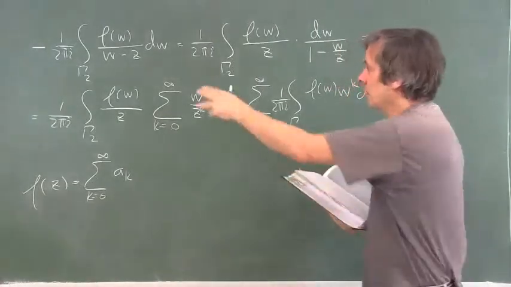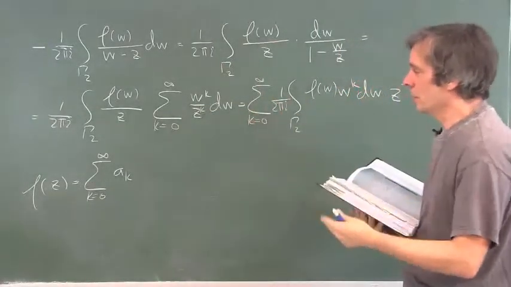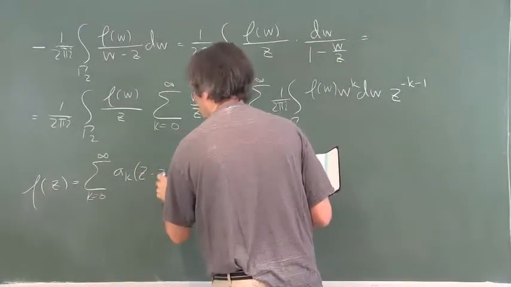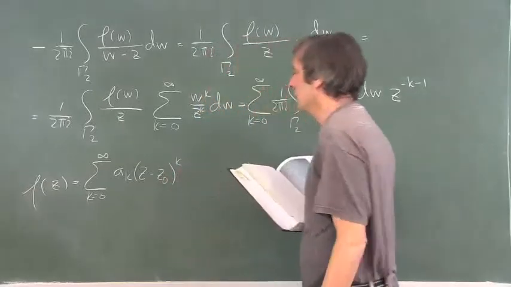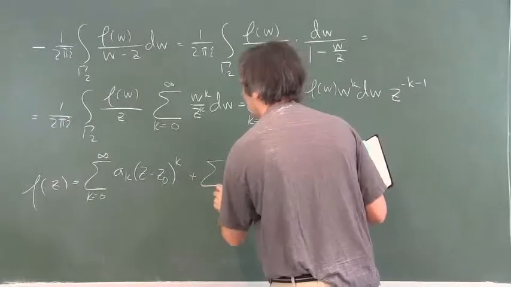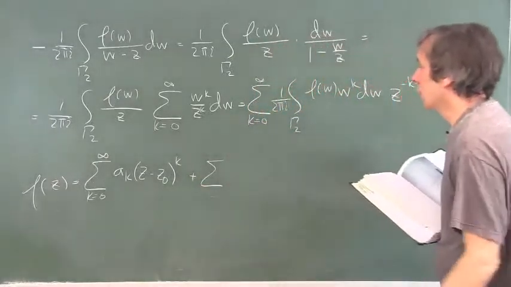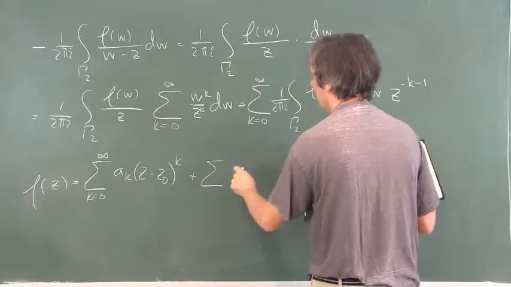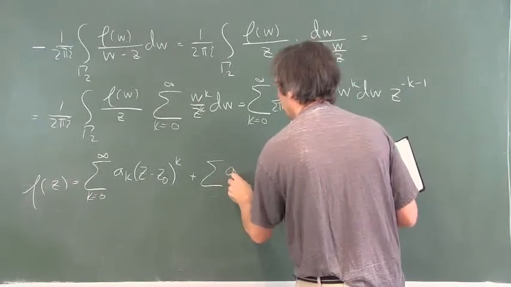So I've done the computations at the origin, but now I'll write the general formula if you expand around the point z naught. And then you get this term, so this is the power series part, and then you get another sum here now which corresponds to this one, which will be, well, let's call the coefficients here now